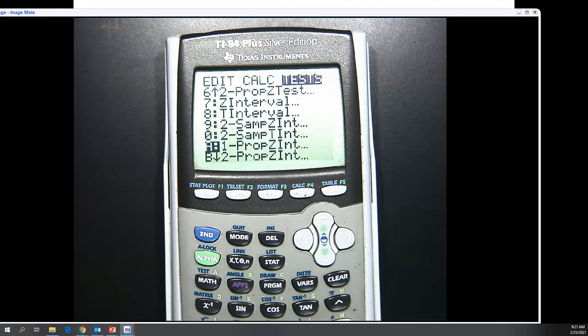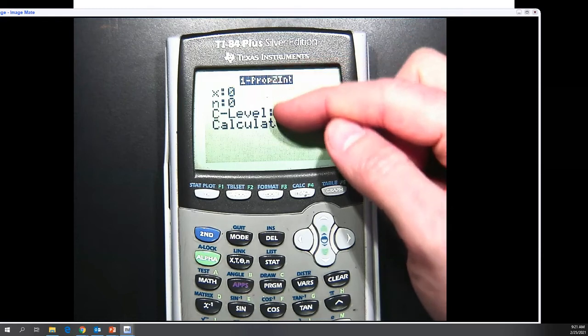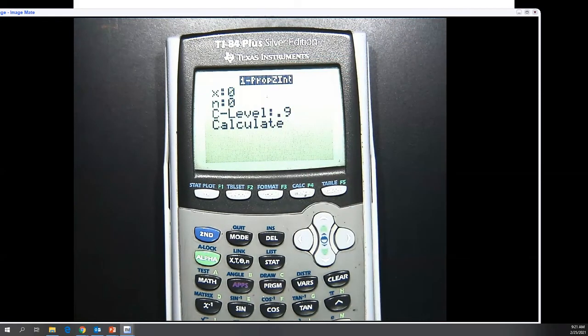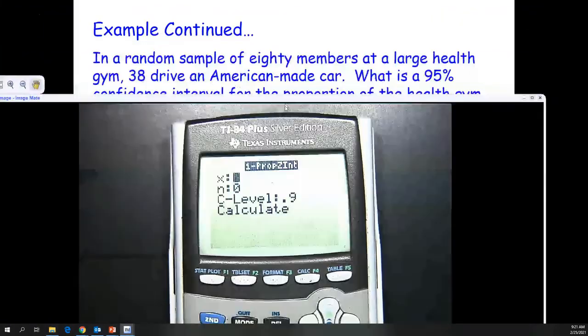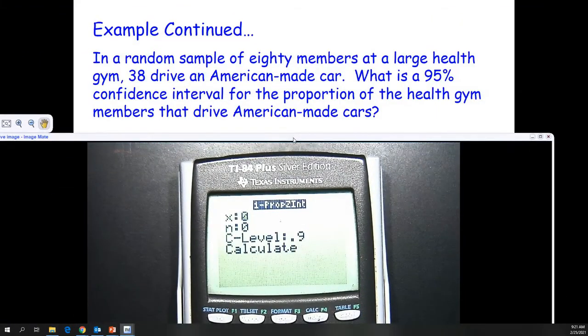When you choose that, you have some very simple inputs here. It's kind of on rails. The calculator will help you do all of the math. So in this case, we had 38 people out of 80, so 38 is our x, 80 is our n, and the confidence level we want to do is 95%, so 0.95, because it says what's a 95% confidence interval. So x, n, C level. You can do this by hand too. It's really not worth your time to do it by hand. Go ahead and go to calculate,